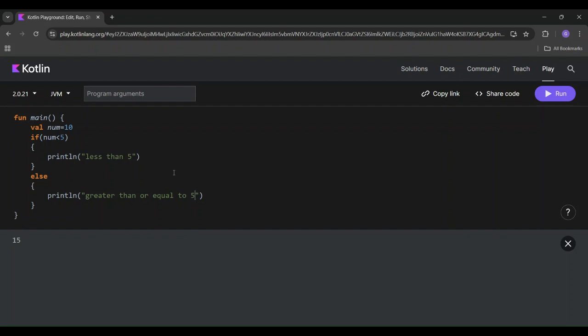The next concept is coroutines in Kotlin. They provide a way to write asynchronous and non-blocking code in a sequential manner. They are more lightweight compared to traditional threads. For example,